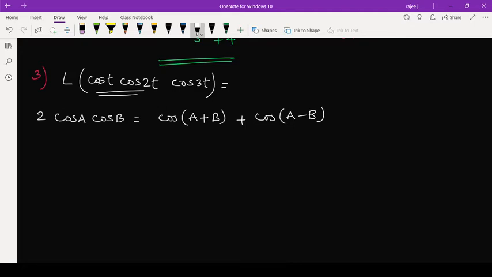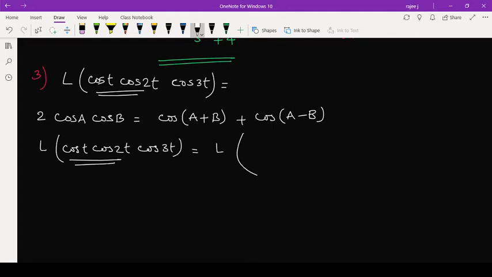You can take either cos 2t and cos t, or cos 2t and cos 3t, or cos t and cos 3t, as you like, any two terms together. So for 2 cos A cos B, I am going to use this one. This is the cos A cos B form. So 2 cos A cos B is cos(A+B) plus cos(A−B). Here I am considering these two first. So L of cos t cos 2t cos 3t is equal to L of,